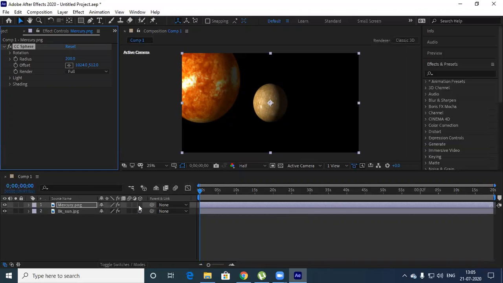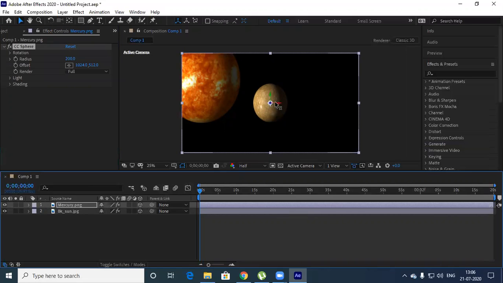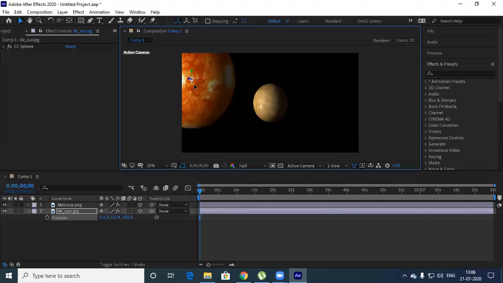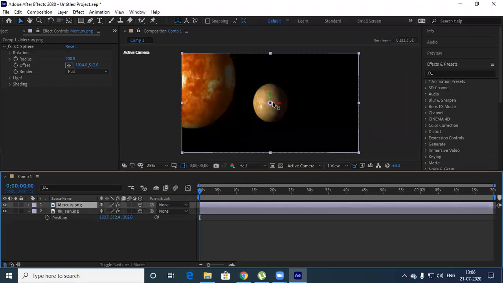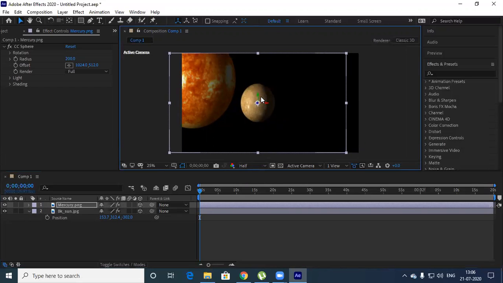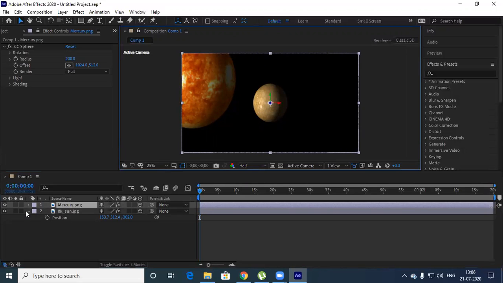What I have to do is make Mercury a 3D layer first. For the sun, the z-axis has to be towards the front, towards negative. Then Mercury will come here. Let me make Mercury separately.